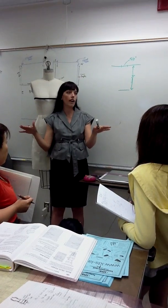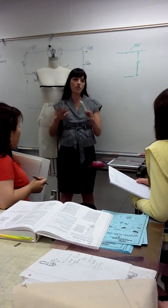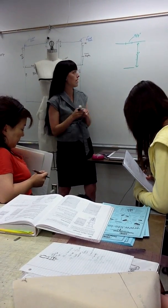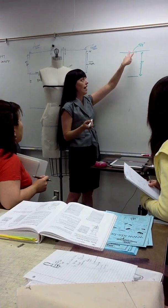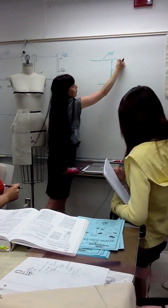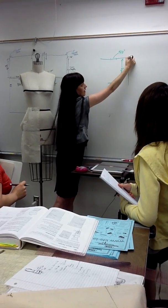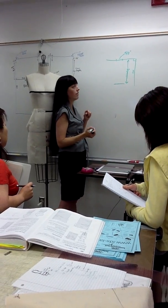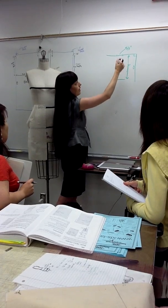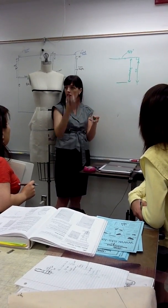3 inches will work fine for all of our dress forms. And I just want to standardize it in this class just so we don't have questions. Okay? So we're going to go 3 inches and 5/8. What we're going to be doing, so you remember over here we have our center front, and we've got a nice kind of squared off area there, right? We're going to put, and this is on grain,